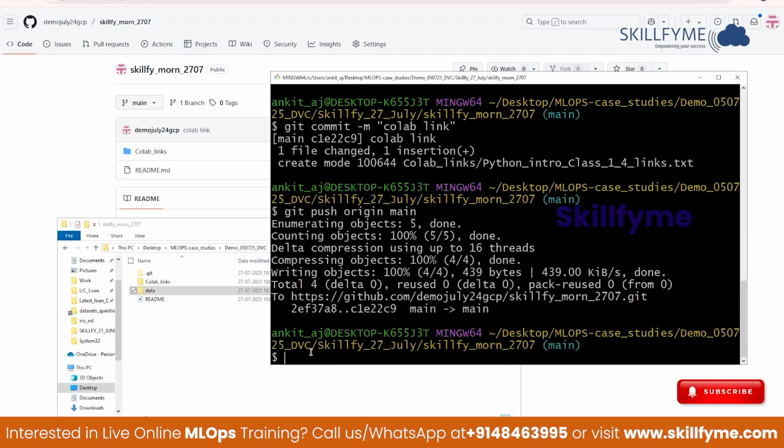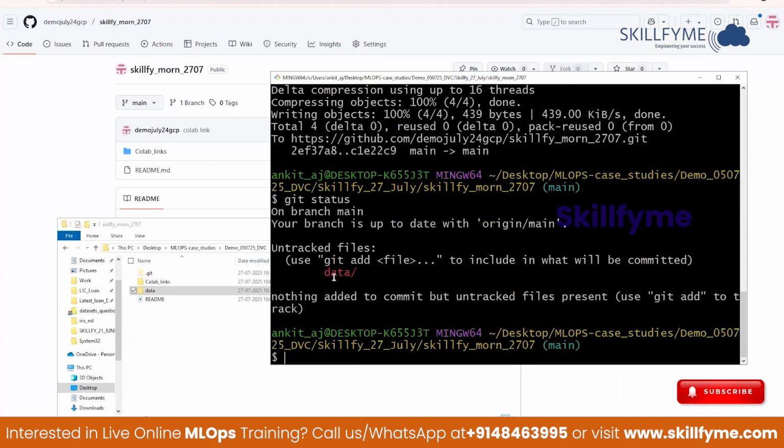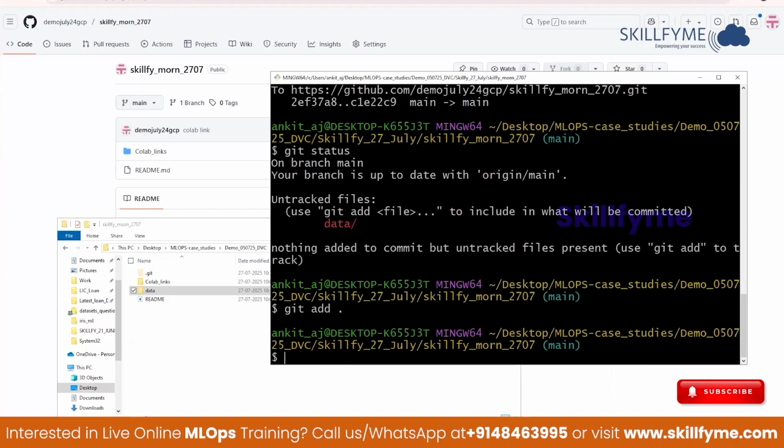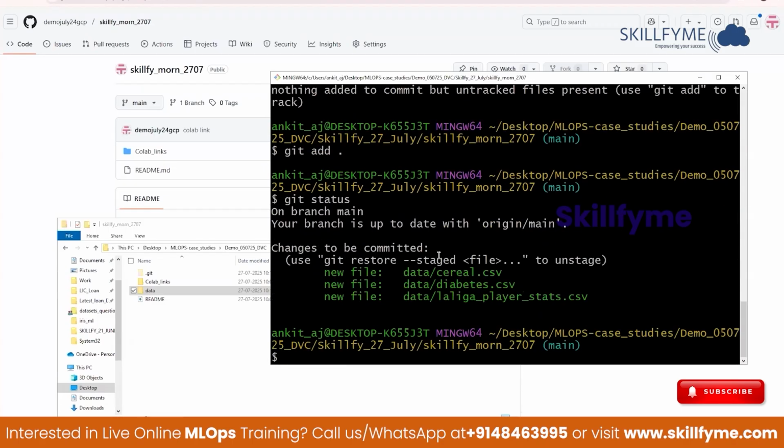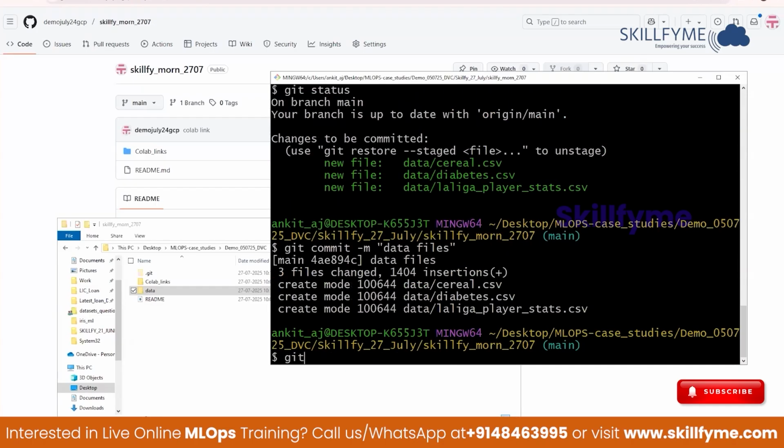So you have seen I have made a new change. I have created a data folder in my local machine with 3 files inside it. So as soon as I do git status, it will say that there is a new untracked folder created, data. Do you want me to commit it? So I will say yes, you add these changes into my code base. Now if I look at git status, it will show it as green that okay, I'm tracking them, but you please commit them. So what I will do, git commit with a message, data files,